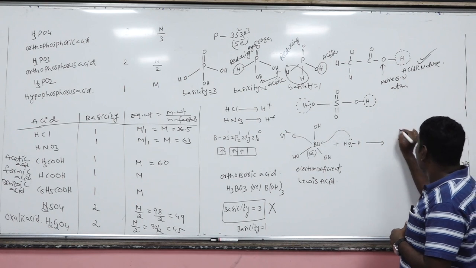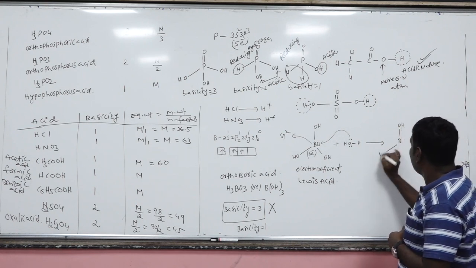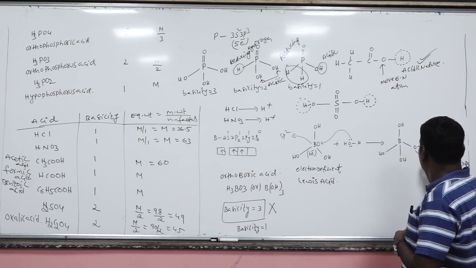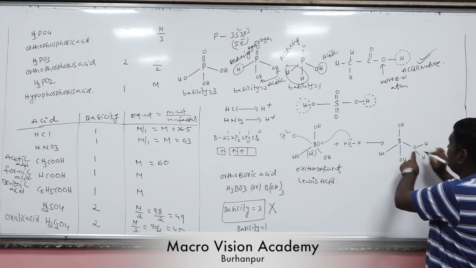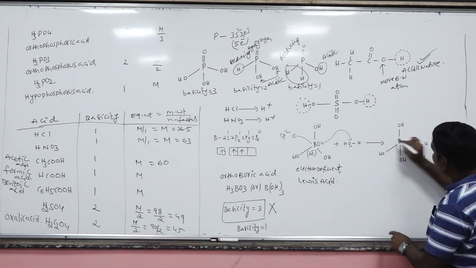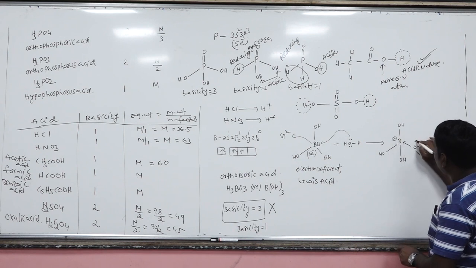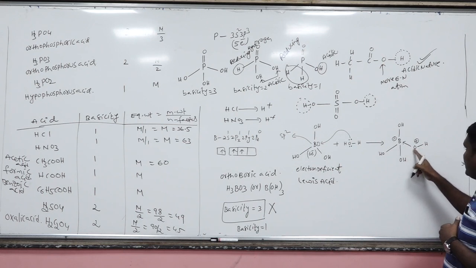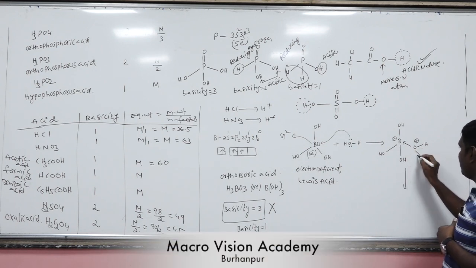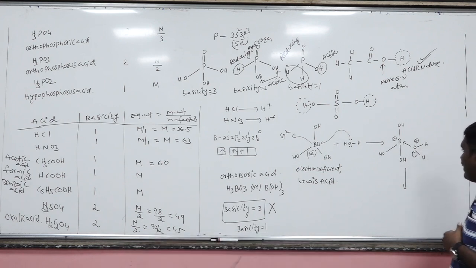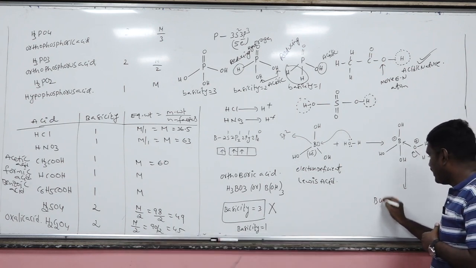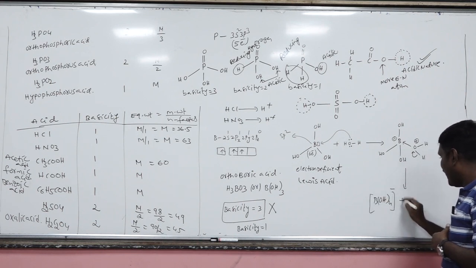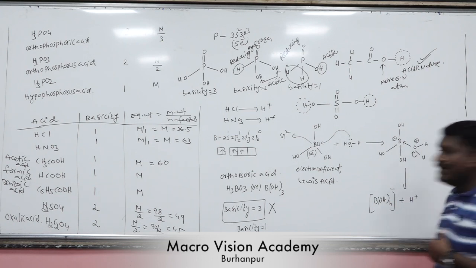So now the boron completely fulfills its octet configuration. Yes or no? Let's suppose this oxygen donates its lone pair to boron. So boron gets a negative charge and oxygen is positively charged. Now, to neutralize the positive charge on the oxygen atom, one of the hydrogens pulls its sigma electrons towards the more electronegative oxygen. So you will get B(OH)4 minus. This is called the borate ion, and it gives an H plus ion.